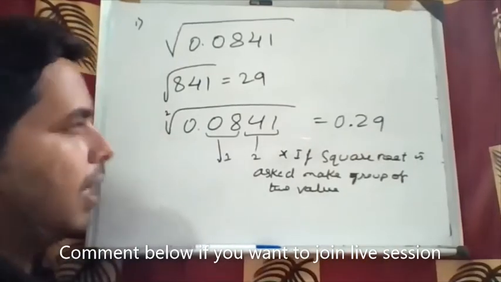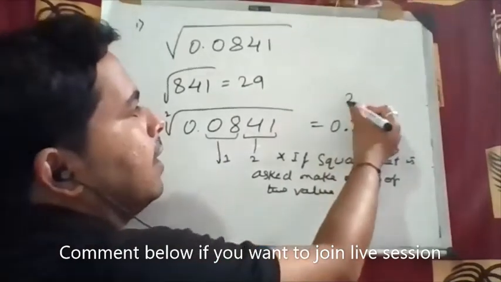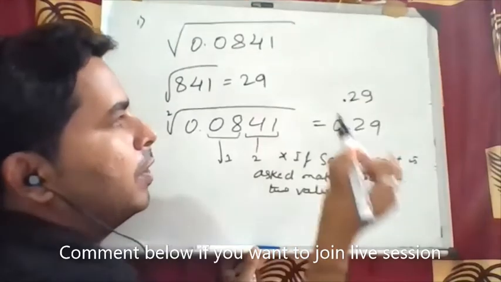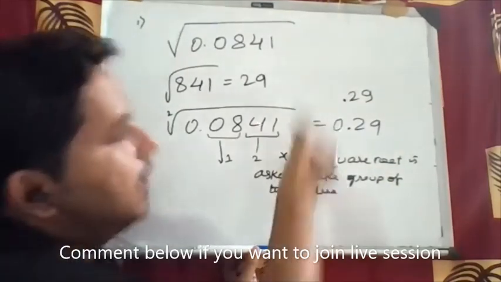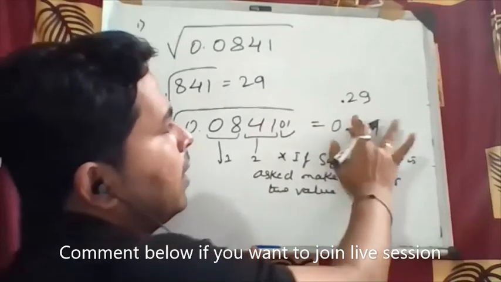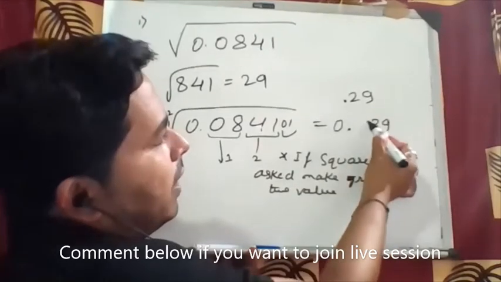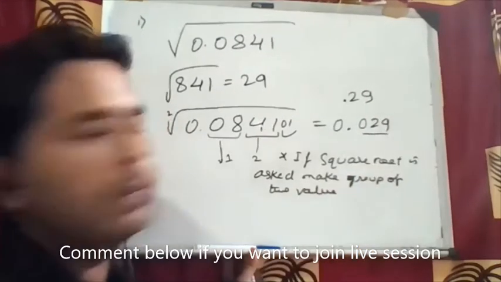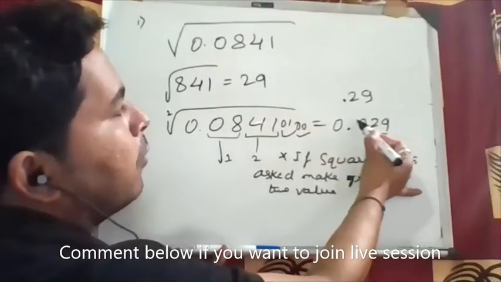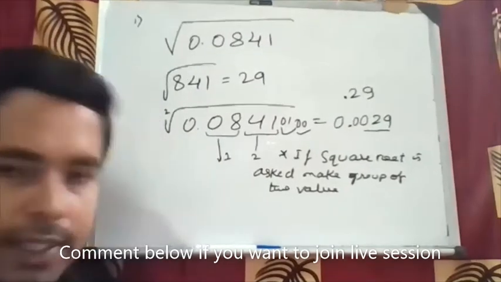Understood? So what you have to do: we wrote 29 earlier, so give the decimal point before 2 digits. If there were 3 pairs, say one more pair is there, then give a decimal point before 3 digits. So now 2 are there, add a 1 zero here, and this will become your answer. And if 4 groups are there, then add one more 0. Then that will become the answer of the decimal value.